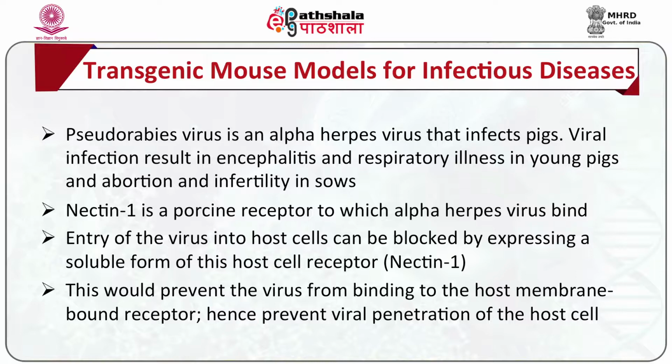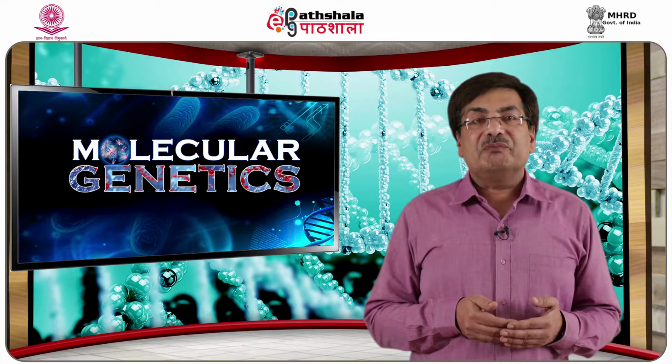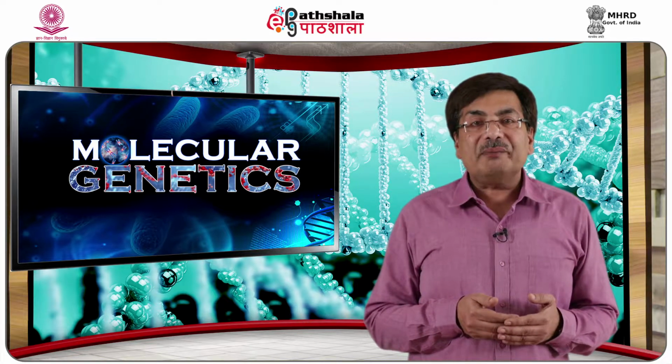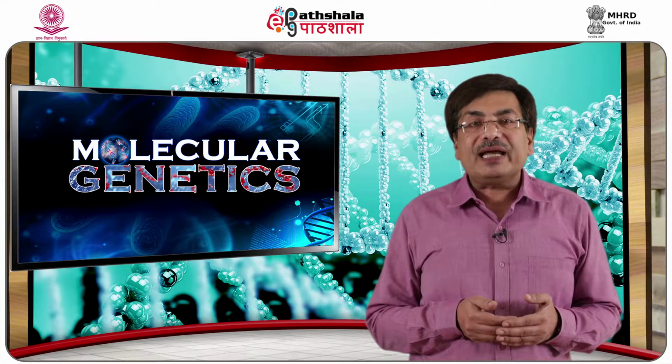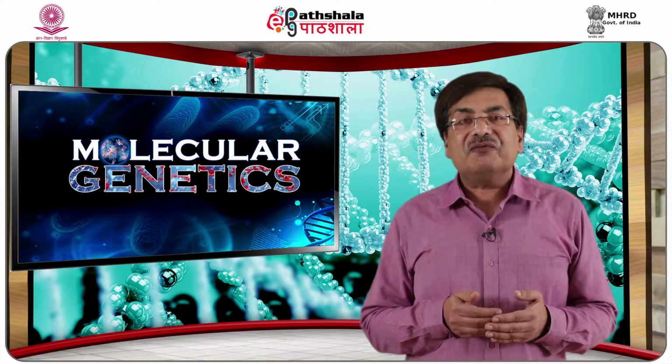Entry of the virus into the host cell can be blocked by expressing a soluble form of this host cell receptor, that is nectin-1. This would prevent the virus from binding to the host membrane-bound receptors, hence preventing viral penetration of the host cell. Before the creation of transgenic farm animals, it was tested for its ability to protect against pseudorabies infection in a